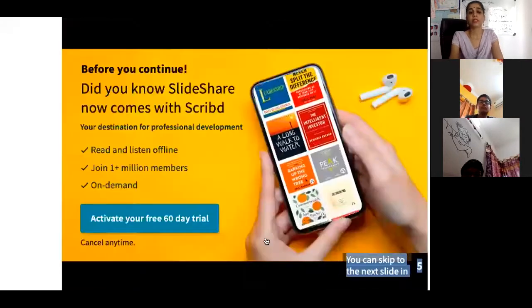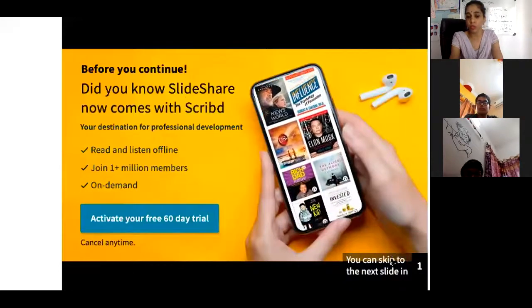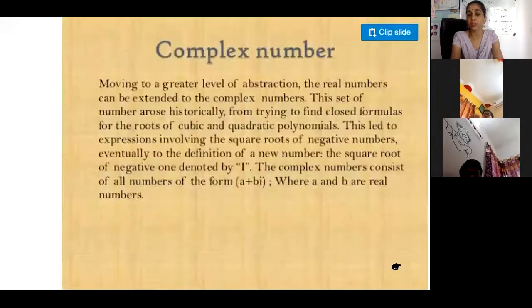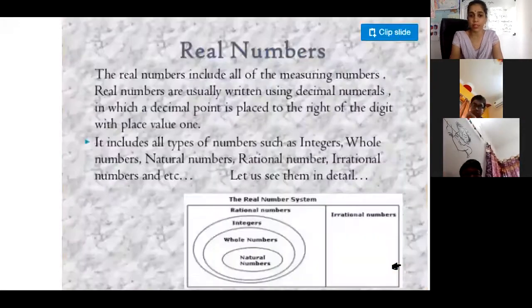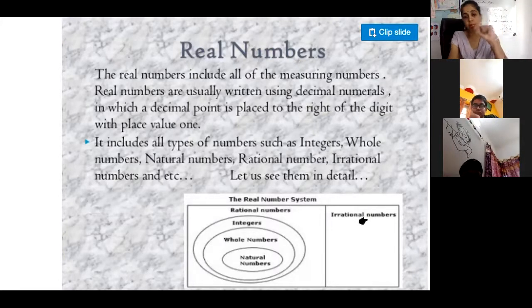Okay, so if this is clear, now let me tell you one basic thing, what is most important in understanding the concepts of complex numbers. I have already explained, in real numbers we are going to focus in chapter number 1, which includes natural numbers, whole numbers, integers. We will also focus on rational numbers, and there is one more set in real numbers, that is irrational numbers. So rational plus irrational will give you the real number set.